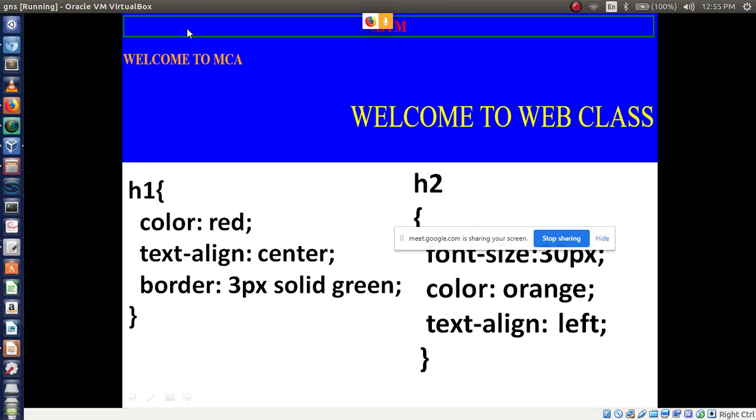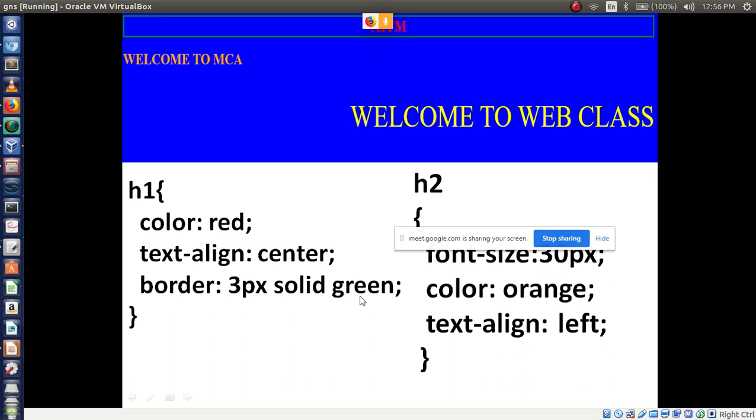Now I am displaying one border here. To display a border, you just write border colon 3px, I mean border size is 3 pixel, solid green. If you want to change this border color, here you can give solid yellow, solid red, like that.